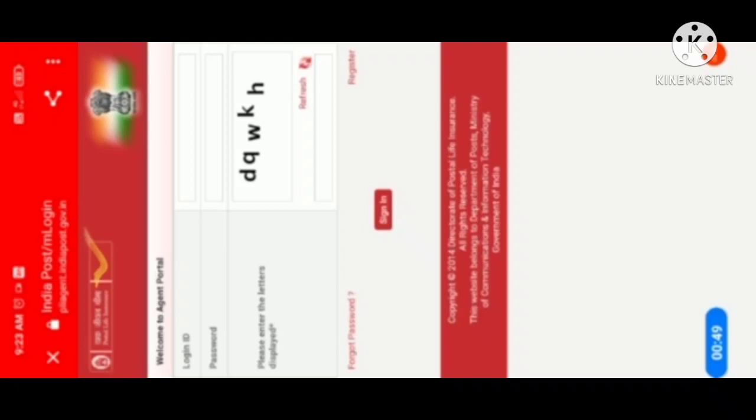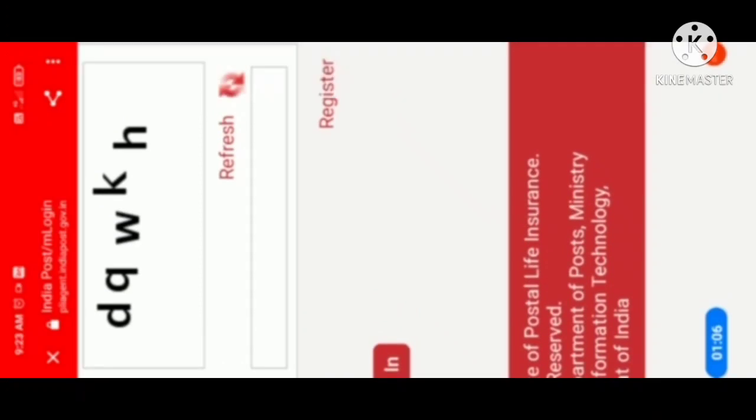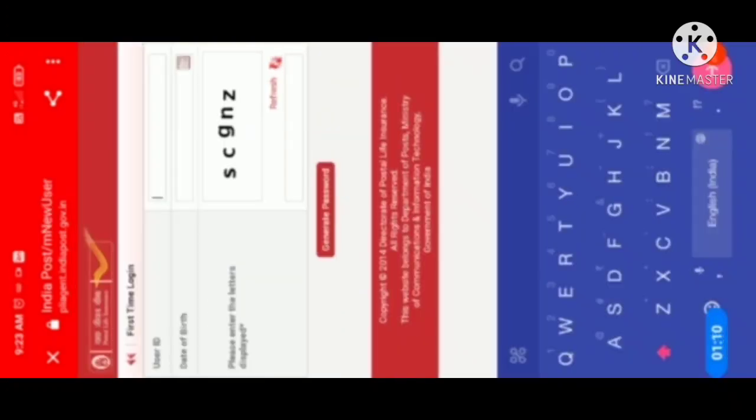And when you click on agent login, you will find the login ID, password, and enter the displayed letters. If you are a first time user, you have to register using your user ID. Then you have to click here on register. This will take you to the user ID login, where you have to give the user ID in capital letters